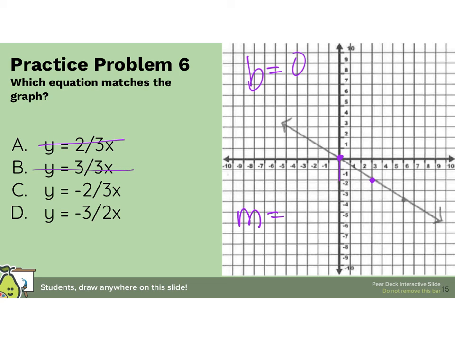So we always go up or down first. I'm going down by 1, 2. I can stop there if I wanted to, but I'll finish it out. How far to the right? 1, 2, 3. So the slope is negative